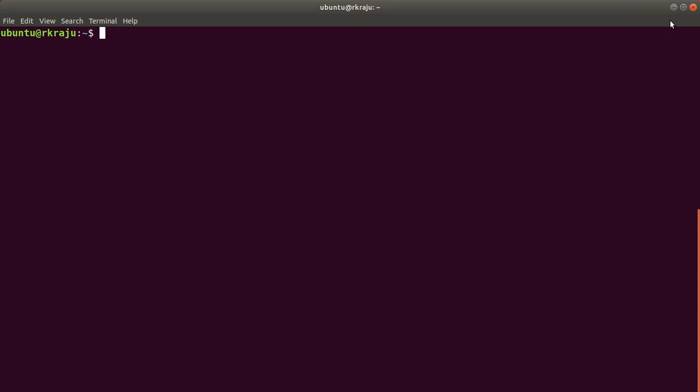Hello friends, today we are here to learn some commands in Ubuntu operating system. The first thing is on which particular name, host name, it has been assigned. To know the host name of your kernel, type hostname